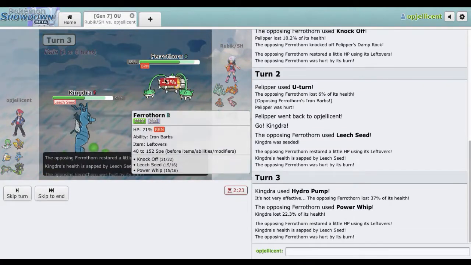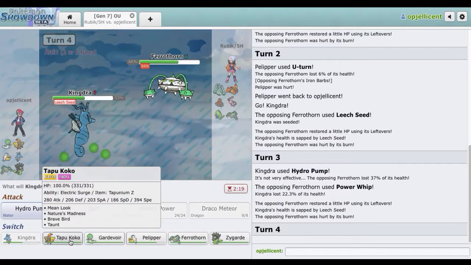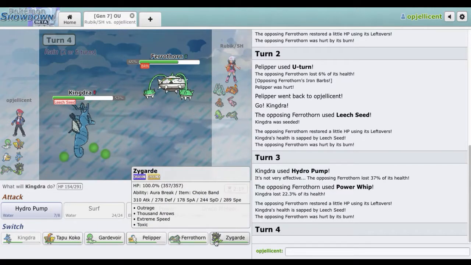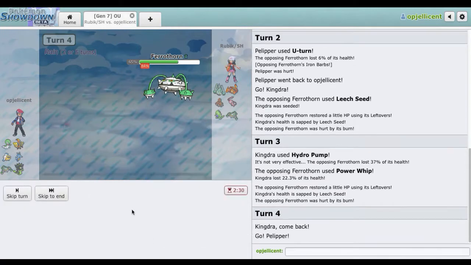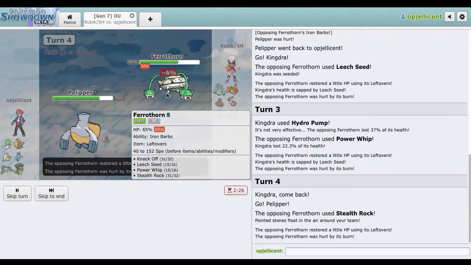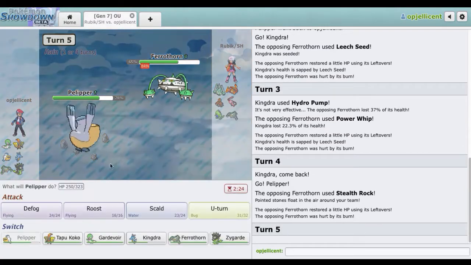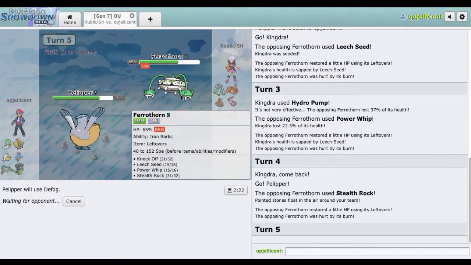I arguably should not be using my Rain this early, so I'm actually just going to pivot out into my... I'll just go Pelipper. He's going to get up the hazards, which is totally alright. I'm just going to go right for a Defog. He already knocked me off. He could Leech Seed me if he really cares that much, but...